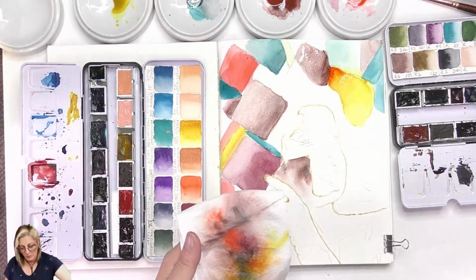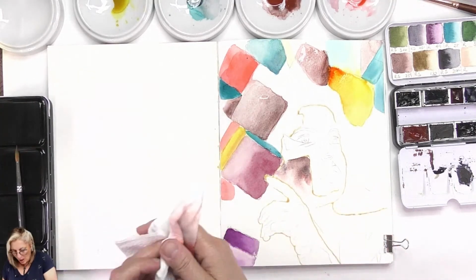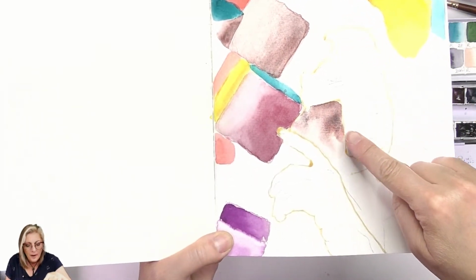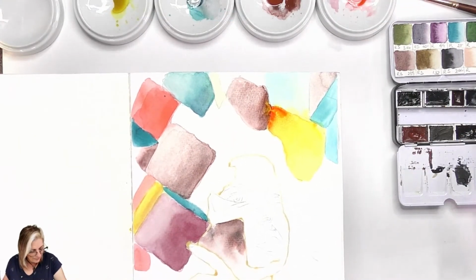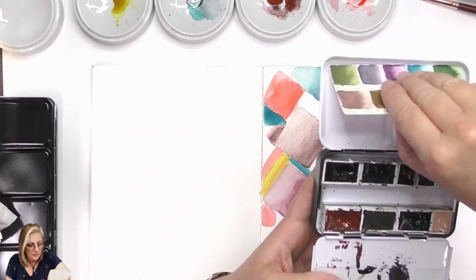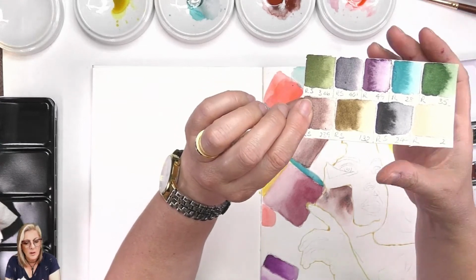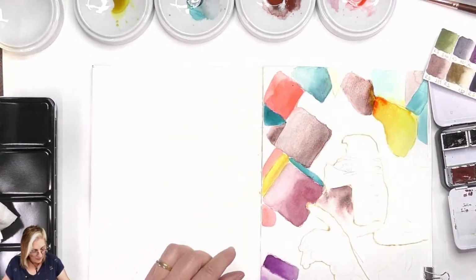I just want to show you what this colour does. It is really, really nice. I like it when watercolour does this. This is one of my favourite bits. Can you see that? See how this is from that colour there. And see, there it is there on the swatch. Don't you just like it when it does those cool different speckles? I mean, it's granulating, but I just like the different colours that it does. So anyway,